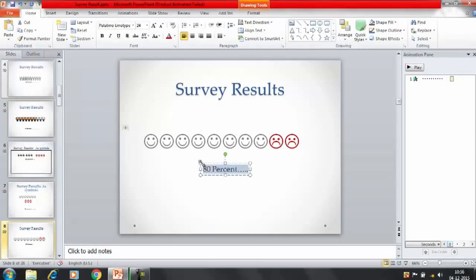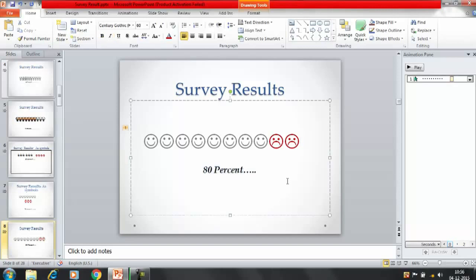Select the text, increase the size or bold, italic, whatever you want to do, and that's it. You can provide the animation here too.